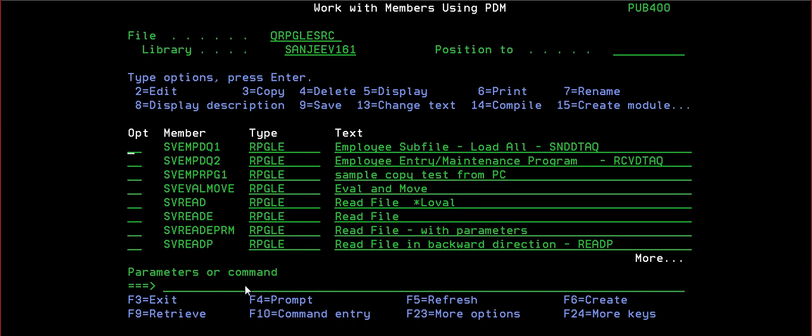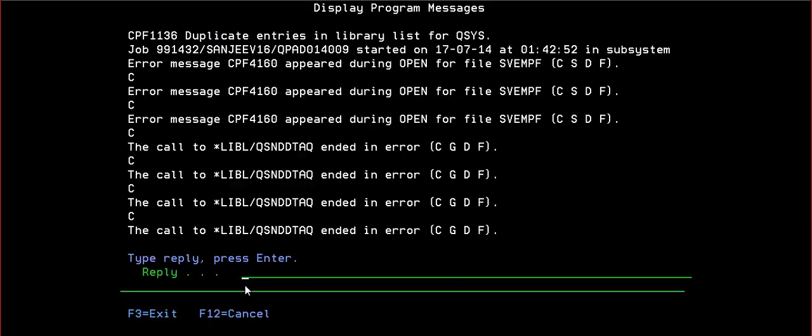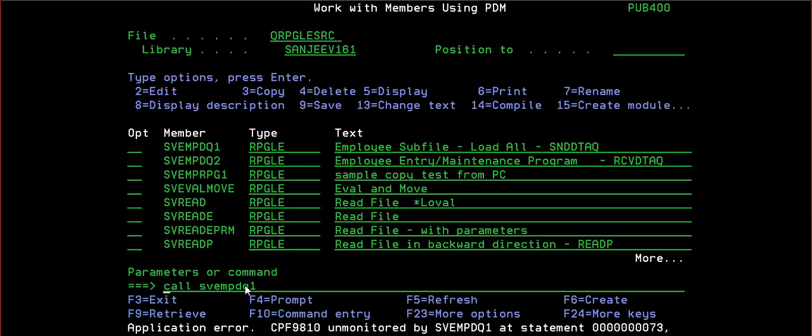Let me recreate freshly. If this time it won't work, then I'll put a debug. I do not want to put a debug. Yeah, looks like I have to put a debug.